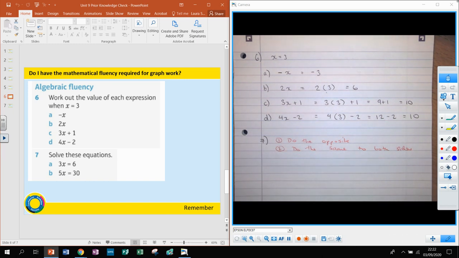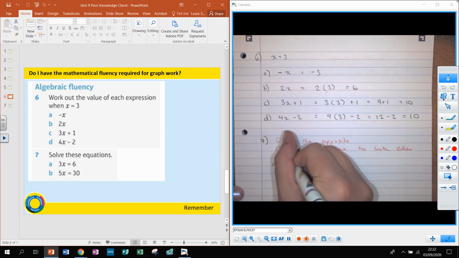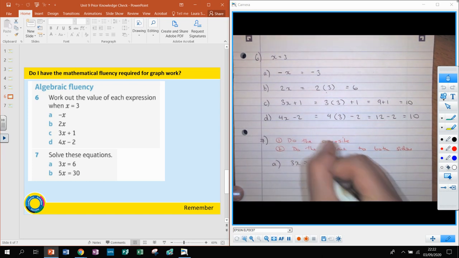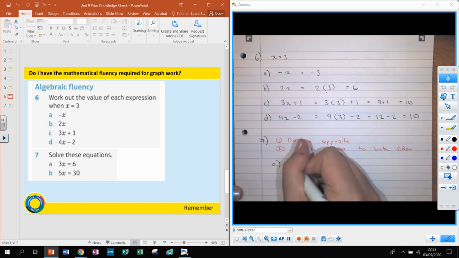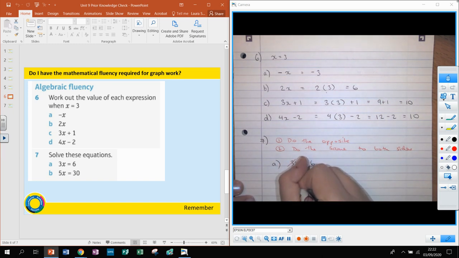So let's look at part A. We have 3x equals 6. Well, 3x means 3 times x. The opposite of that is to divide. We should show this as a fraction. Divide by 3, divide by 3, and do the same to both sides. So if I'm dividing this by 3 to get x by itself, I need to also divide the right-hand side by 3. Those cancel out, and that leaves me with x is equal to 6 divided by 3, which is